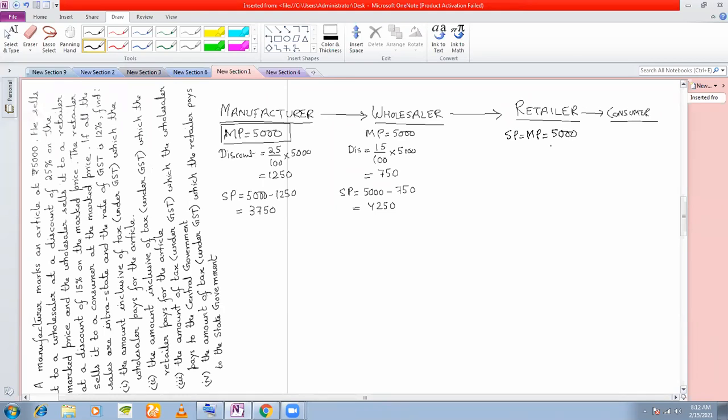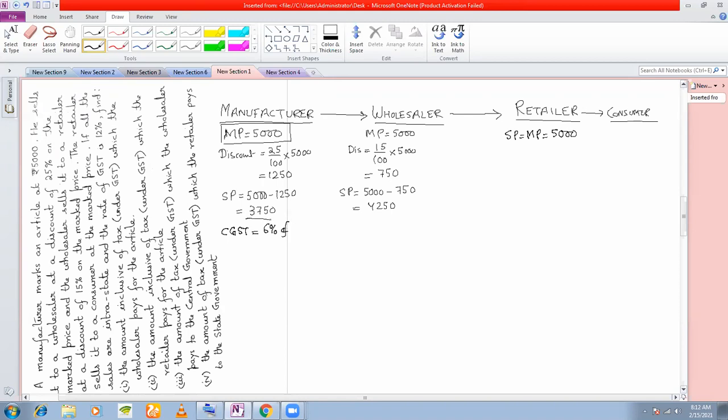Now it is said the sales are intrastate. Now we are going to see what GST is. How much GST? First of all, manufacturer. Now the manufacturer is not buying from anyone, but he is definitely selling. But he is also buying raw materials on which he is paying GST. But we are not bothered about all that. What we are concerned about here is how much is the manufacturer's CGST and how much is the manufacturer's SGST. So CGST of the manufacturer will be 6% of the selling price, because the total rate is 12%.